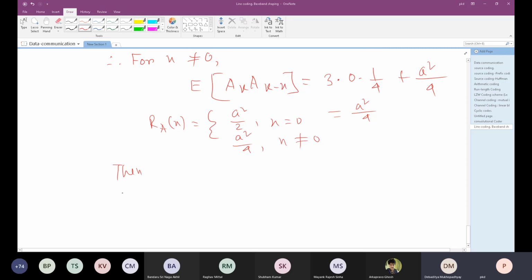So S_X(f) would be, where V(f) is the Fourier transform of that v(t), which is a sinc function, A square by 4 into V(f) squared, that is T_B sinc square f T_B, plus A square by 4 T_B sinc square f T_B